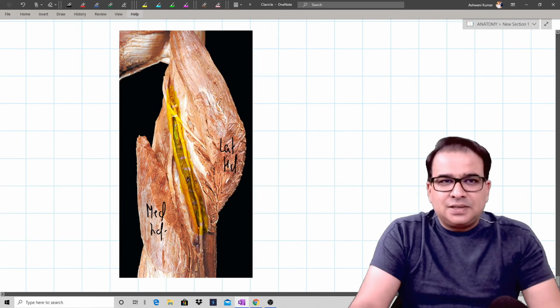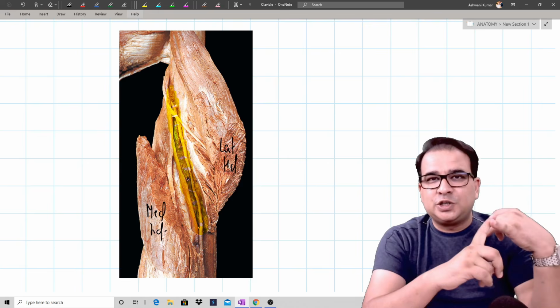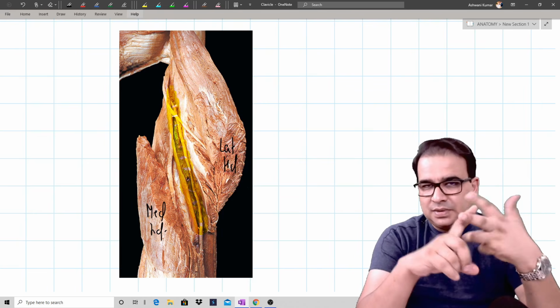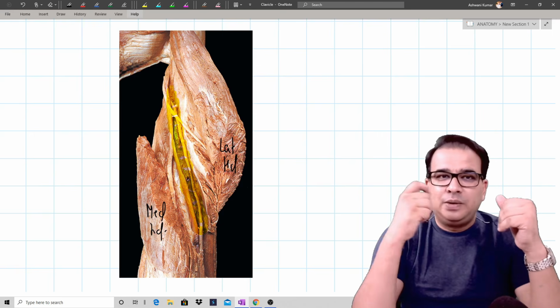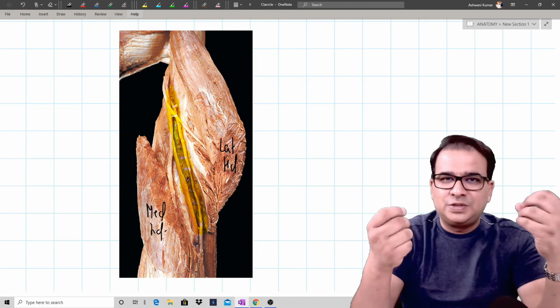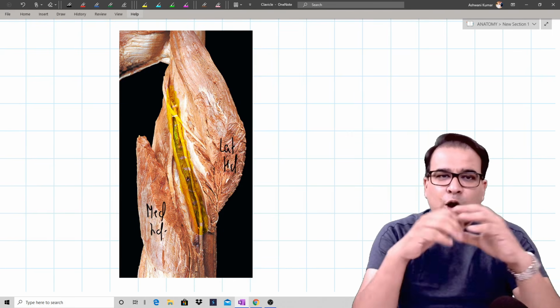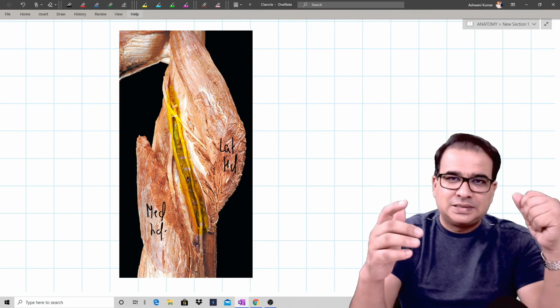So guys, that is it for the day. So this is the first part of osteology in which we talked about the ossification of the scapula, clavicle, the humerus, some very important points over there. We talked about some bony prominences, bony features of the scapula and humerus, some important fossas and grooves there, their contents, and how to identify the muscles which are the vertebroscapular muscles and the scapulohumeral muscles.